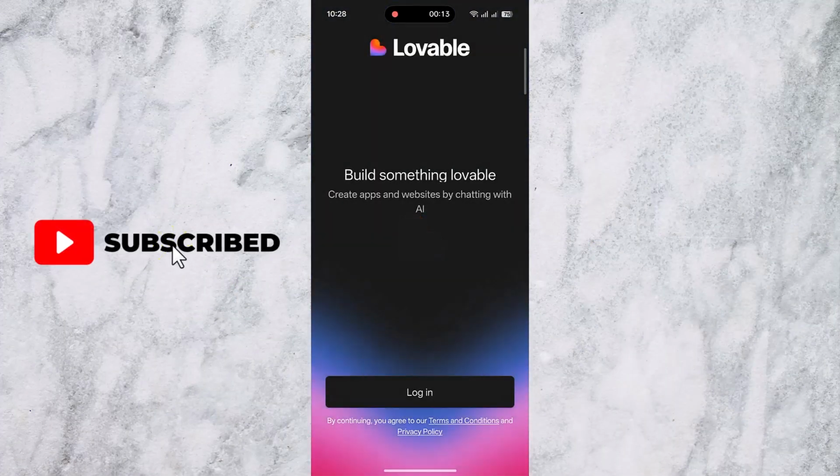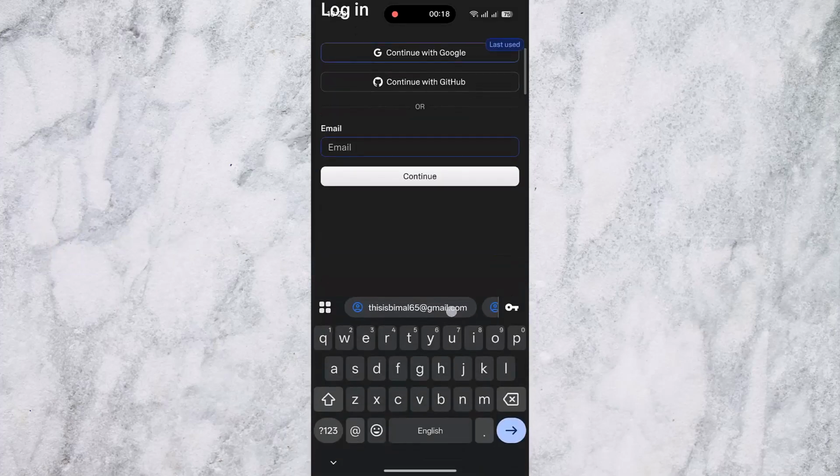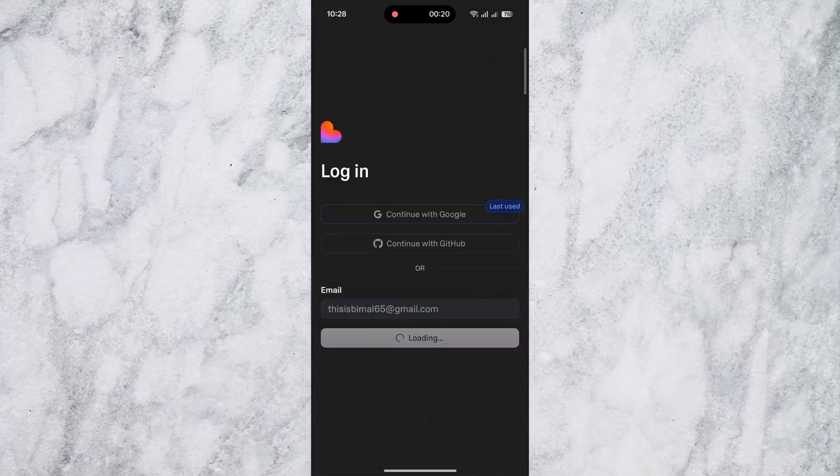So from the Lovable app, first of all, go to the login screen, and here normally you can enter your email address as you normally would and tap the continue button. Now, if you had remembered your password, you would be able to enter your password and then log into your account, right? But if in your case you happen to forget your password,